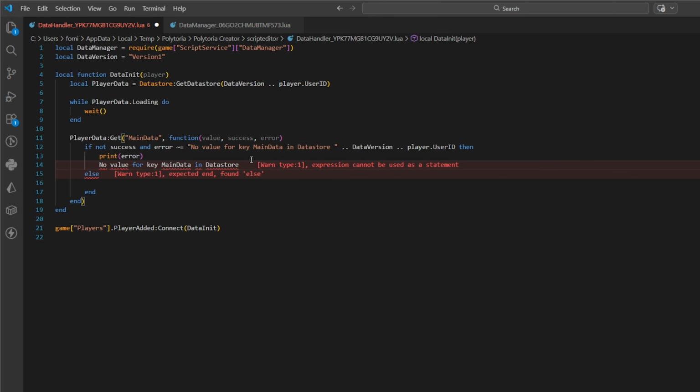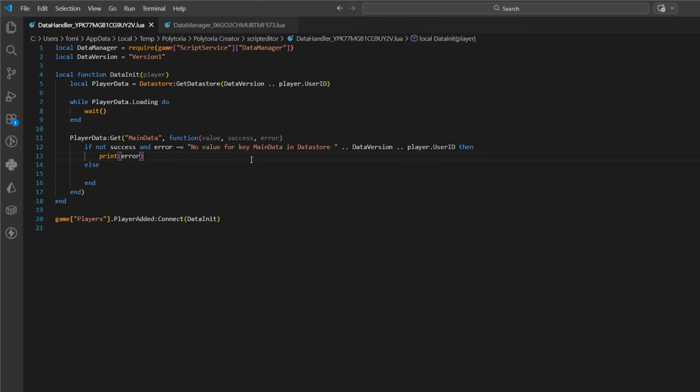In data store, and it'll be something like version 1 user ID, right? But yeah, so we're not going to have something like that in there. We're just going to have something like this that will check whether the error was related to whether the player had data or not. If it is not, we print the error, and if it is, then we can continue with